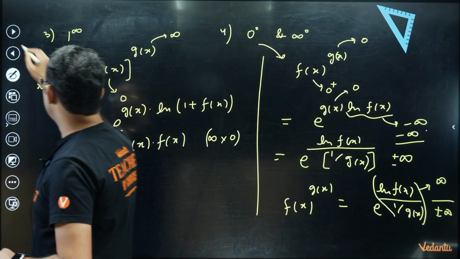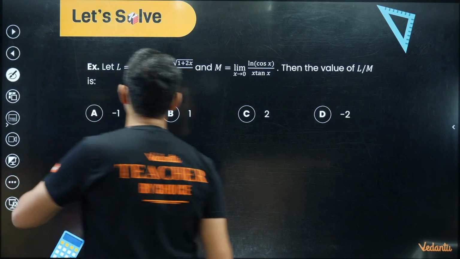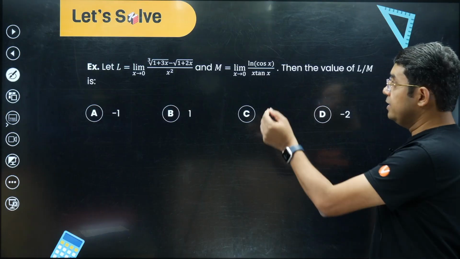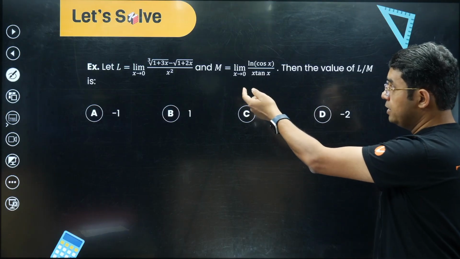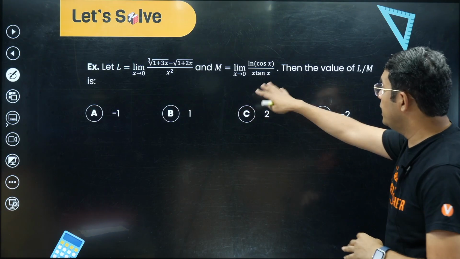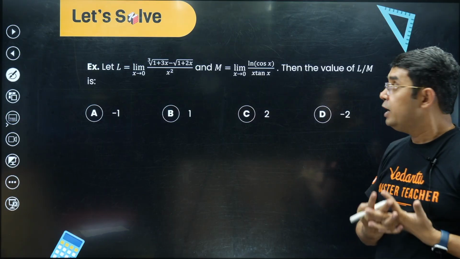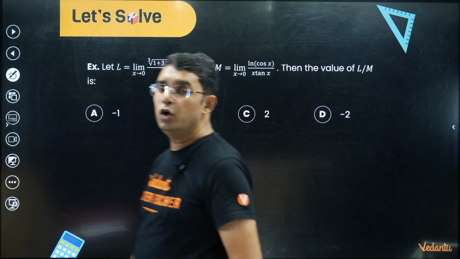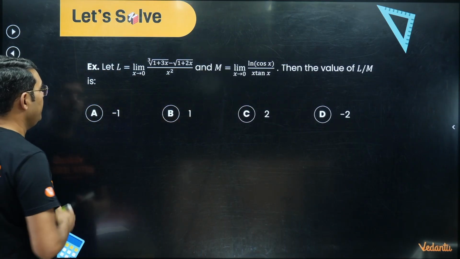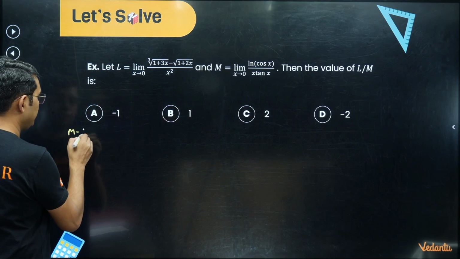Now let's start doing the questions. The very first question is this. When we are given L, the first function is this and cube root of this thing and so on, and another function is given in terms of ln. Now we have multiple ways of doing this question. So let me try a few methods. So first method is, let's say,